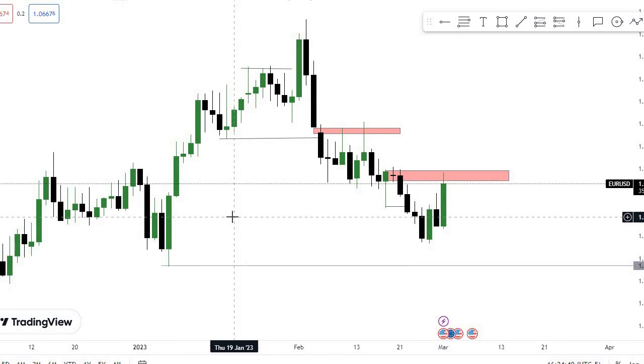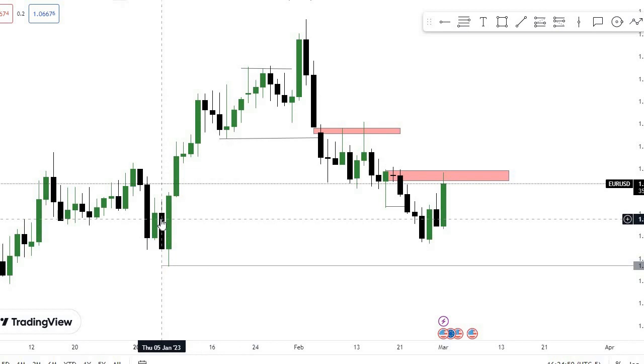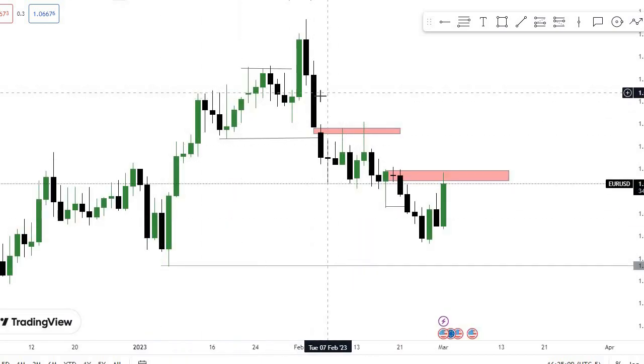If it fails to drop and continues to rally up, we will see growth to this week. But if we see it refuse to rally up and just drop to the sell side, we'll be expecting price to get to this